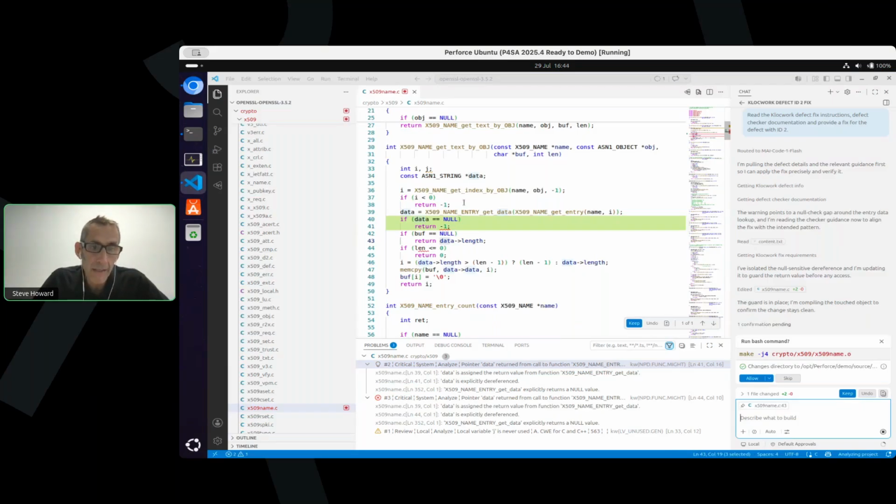And so it's matched that when the pointer is null as well. So it's quite clever in how it's proposed this fix. And obviously it explains on the right-hand side how it came about, this particular decision, and so on and so forth. Now, the really nice thing, as I said before, is that once we have this proposed fix, the analysis